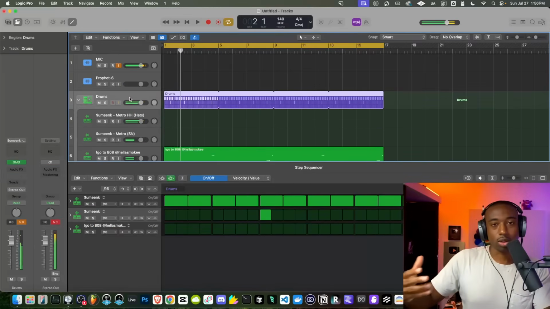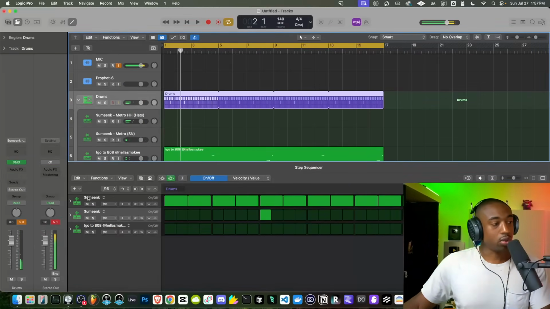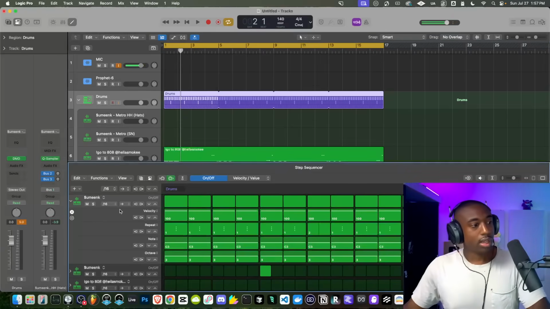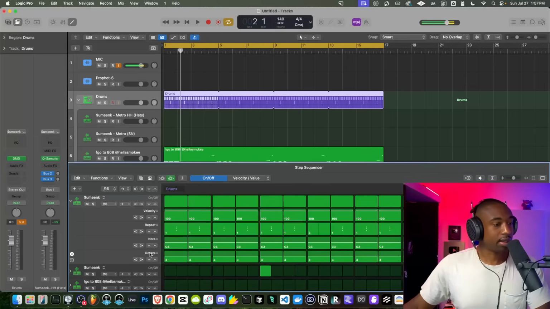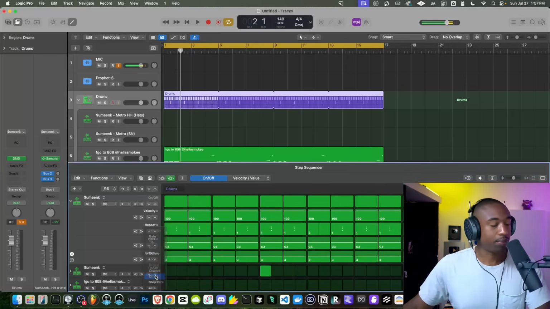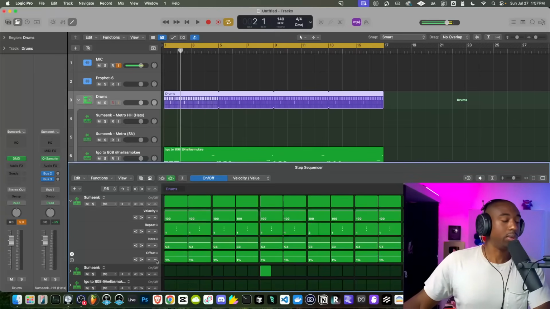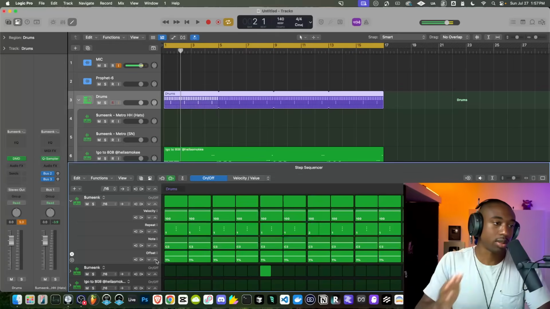Okay, so let's say I want a little bounce in my hi-hat. It's a little too quantized. Let's go to this drum channel here, click the drop down, and we're gonna switch one of these. Instead of octave, let's switch this to offset. And what we could do is just click the up arrow and it changes the values across all of the hi-hat. And what this means is it will delay the hi-hat a little to the right.